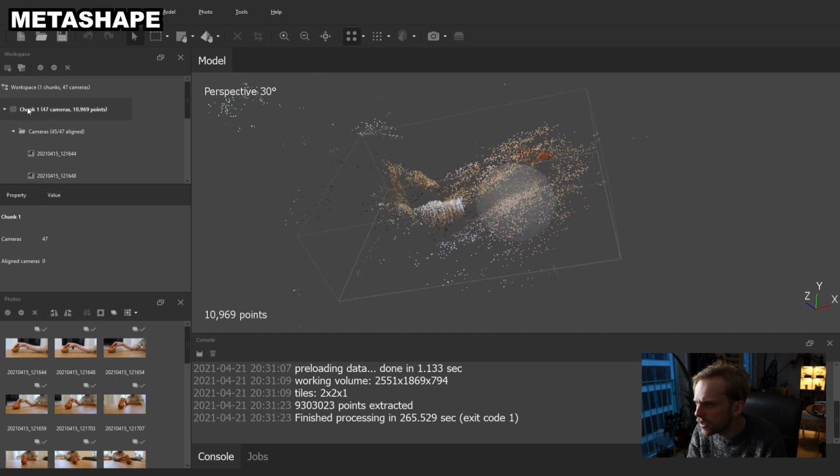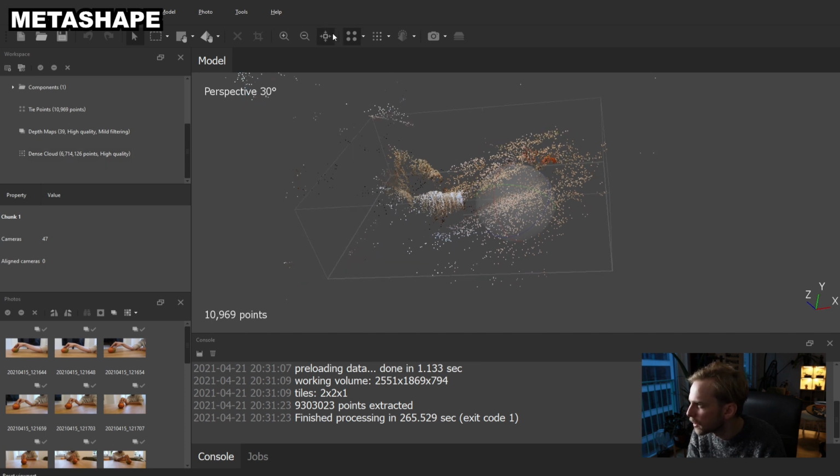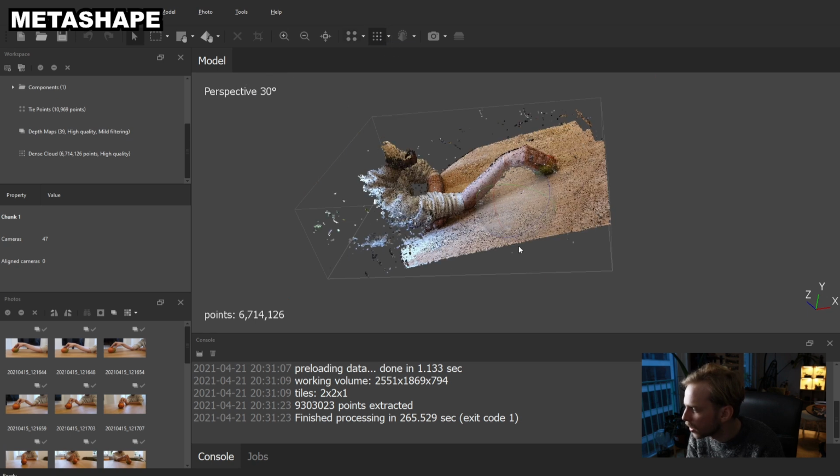We can't really see it though. Let's see if I'm able to find this here, and it's 6 million points, so that's a little bit more than 10,000. Let's see where we can find it. I assume these 4 points here and these 9 points here represent 2 densities of point clouds. So if I click on this,